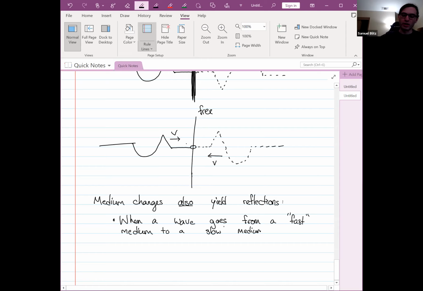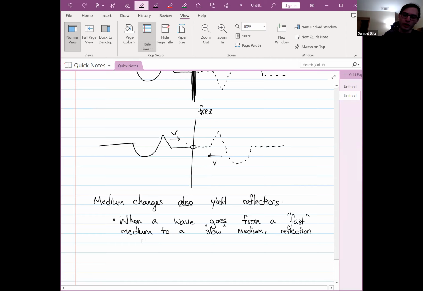and by the way, different thicknesses of ropes will have different wave speeds because the wave speed, as I told you about last time, depends on the mass. If the mass is bigger, the wave speed will be smaller. So when this happens, there is still transmission going through the rope, but especially if it's a really big difference in wave speed, mostly it'll just be reflected. And so the reflection